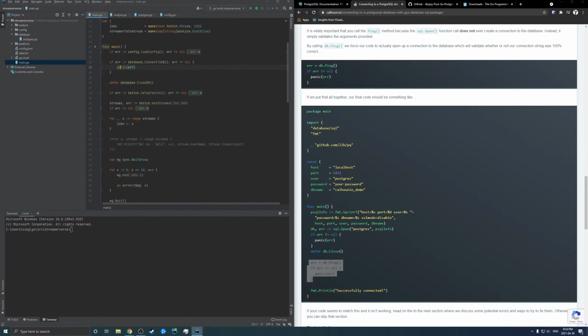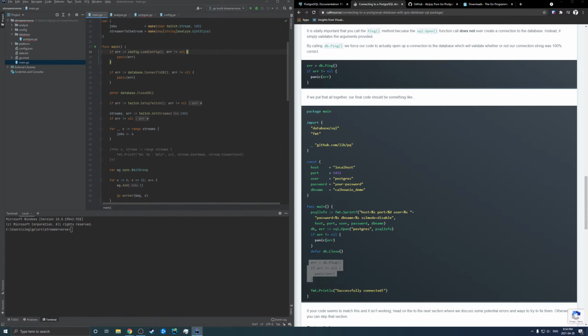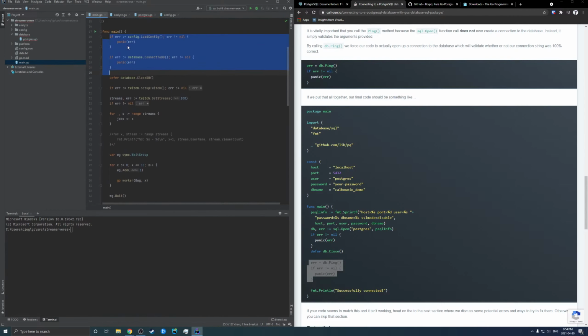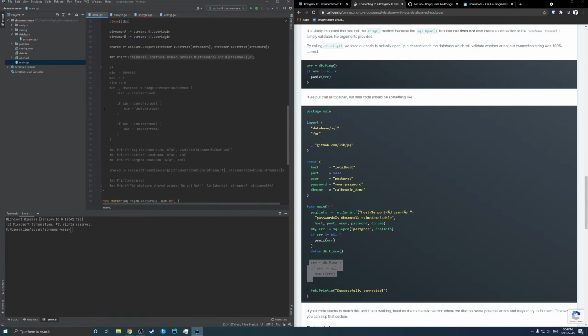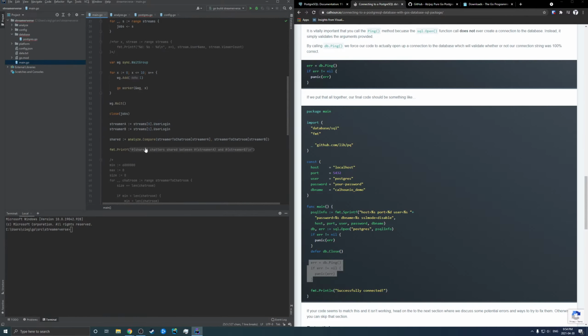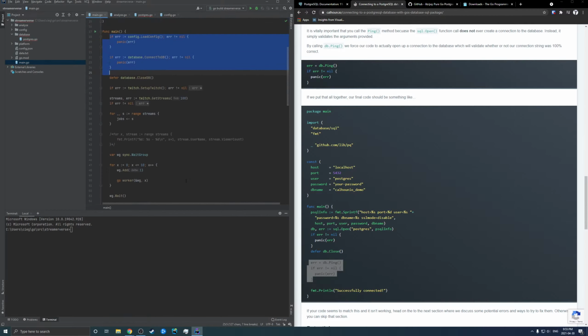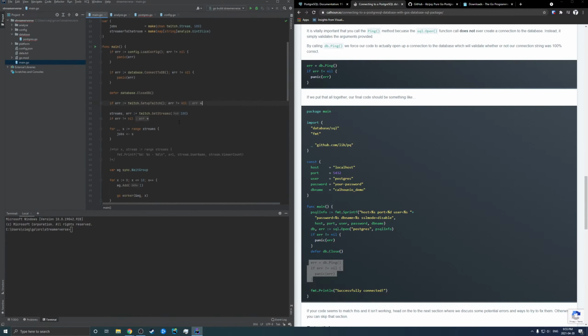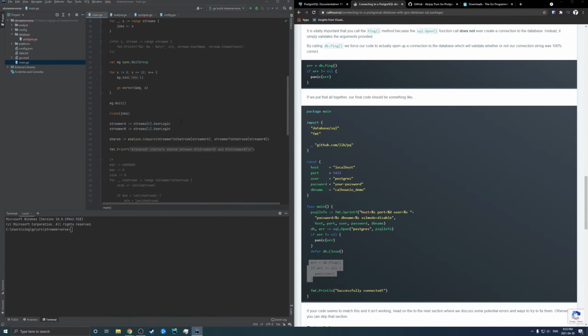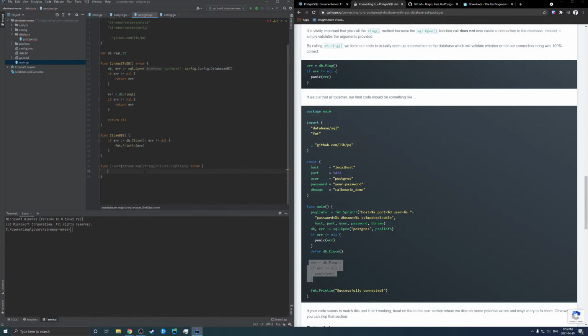All these panics will eventually be replaced, maybe not these ones, because they're important, because if I can't do this, then I can't do the rest of the program. But this also has to be moved into an area where I could cycle through the program at different intervals. Off topic, but alright, back to this. Okay, so I want to insert this into database. So db dot, let's see what the